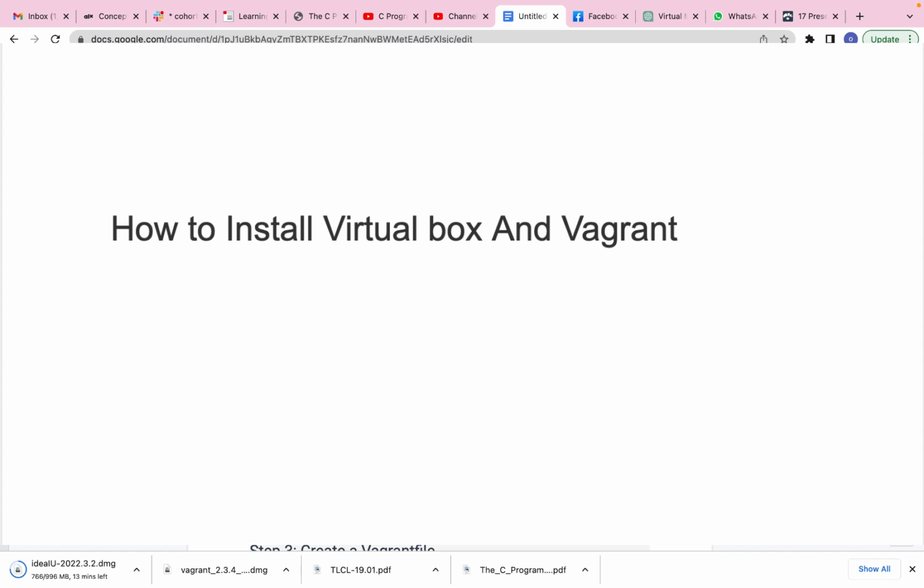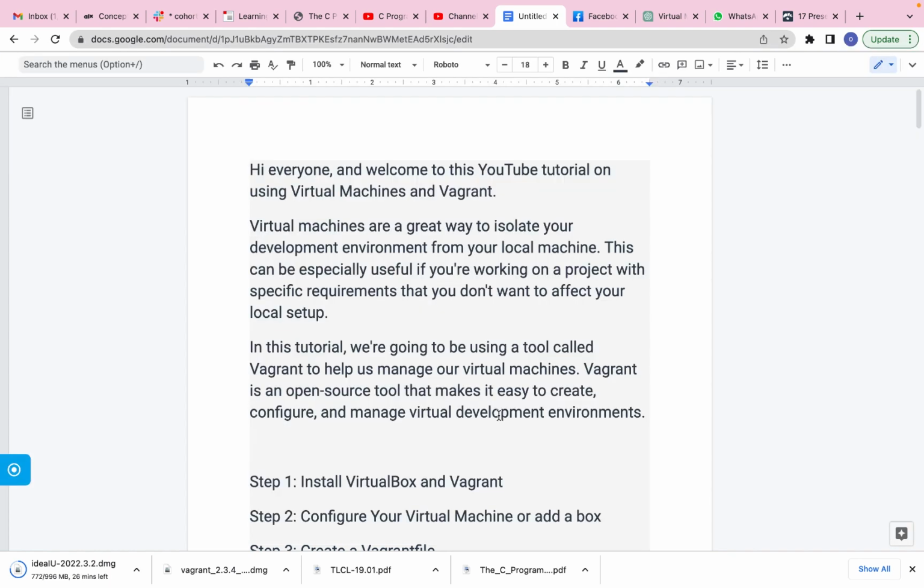In this tutorial, I'll be teaching on using virtual machines and Vagrant. Virtual machines are a great way to isolate your development environment from your local machine. This can be useful if you are working on a project with specific requirements that you don't want to affect your local setup. In this tutorial, we are going to be using a tool called Vagrant to help us manage our virtual machines. Vagrant is an open source tool that makes it easy to create, configure, and manage virtual development